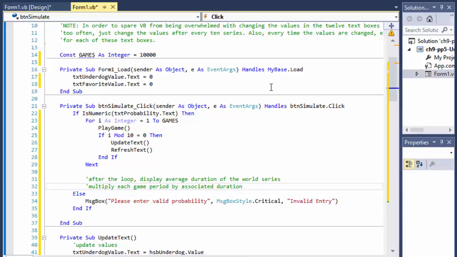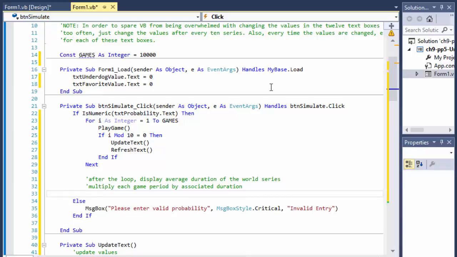What I mean by that is if there are 4 games that need to be played, then we will multiply that by 4. 4 games multiplied by 4, 5 games multiplied by 5. Let me just write it as an example here. So for example, 4 games multiplied by 4, 5 games multiplied by 5, etc. And then we will add them together to get the total number of games played,